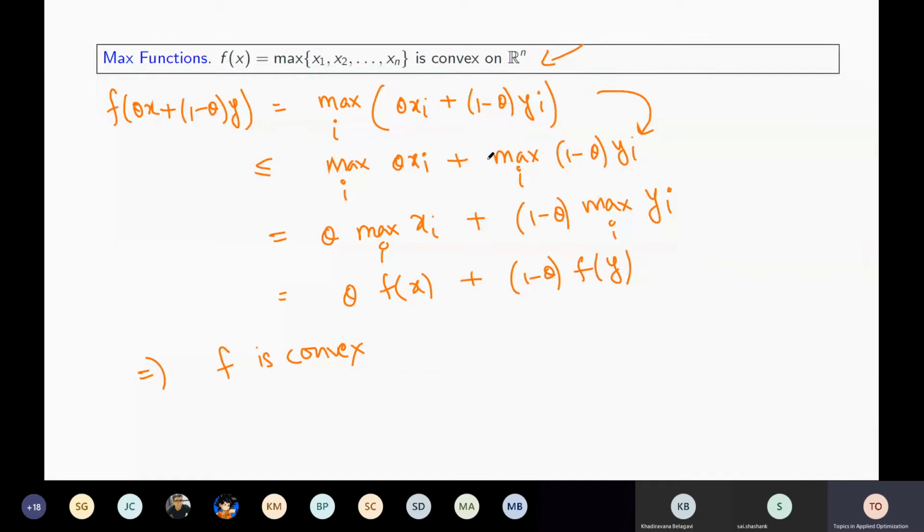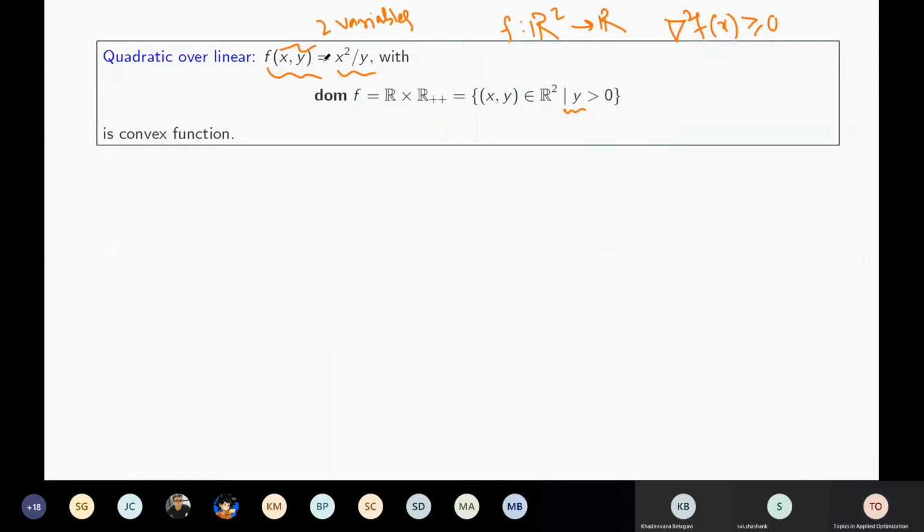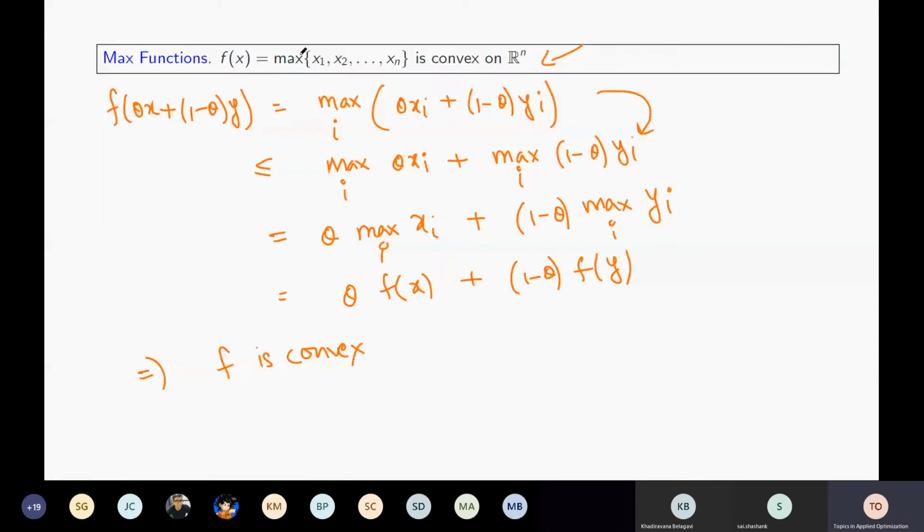Here we see that this is differentiable, so we want to use the second order convexity. In the previous example, we could not use first order or second order convexity